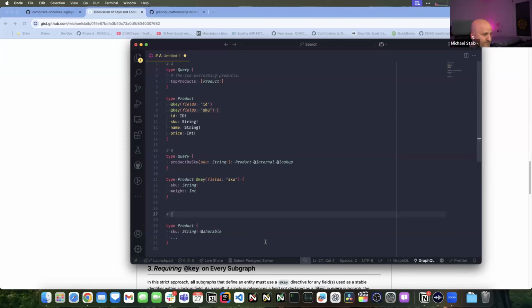Yeah, and I guess in Federation today, it's a bit ambiguous because every subgraph that has an entity is kind of assumed to have a lookup. Even if they don't actually have an entity resolver in the graph, you can't know that. We have the resolvable false argument that you can use in that case, but I don't actually know how widespread that use is. Right, it's not enforced.